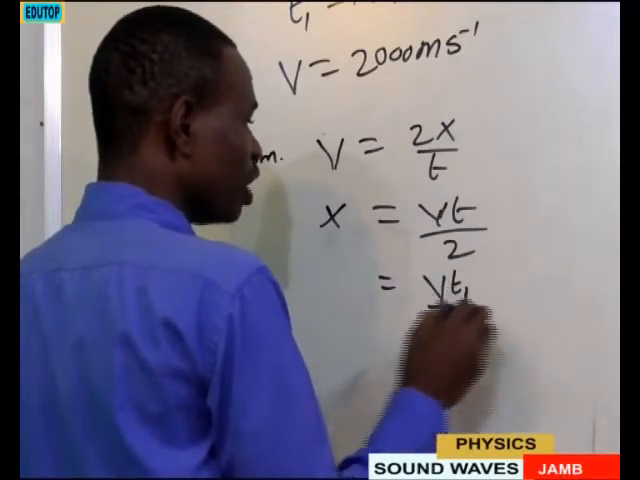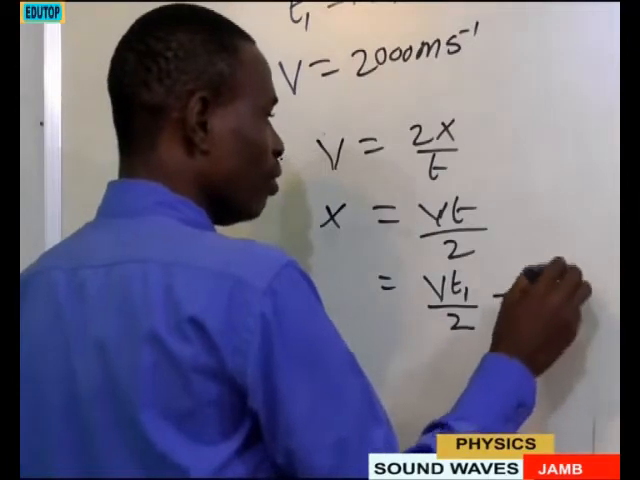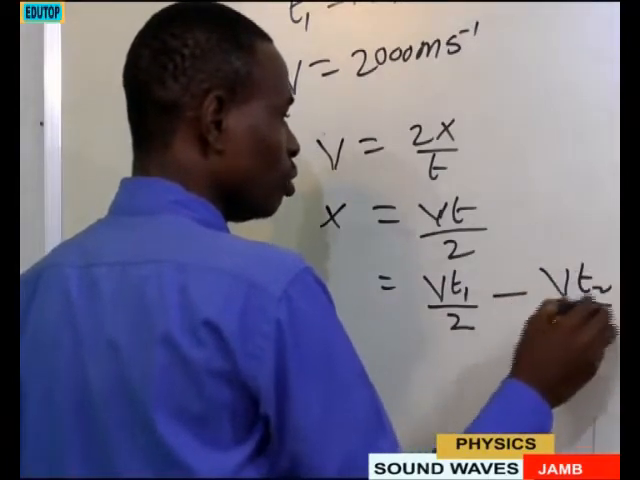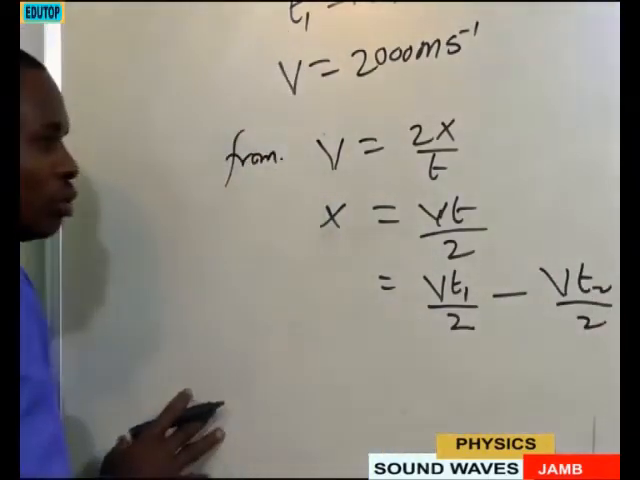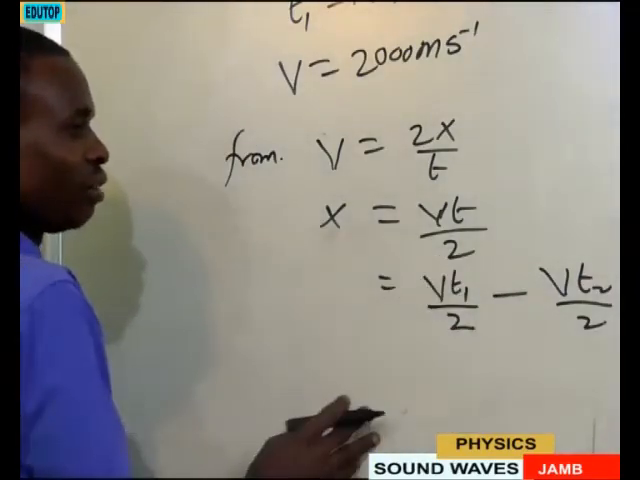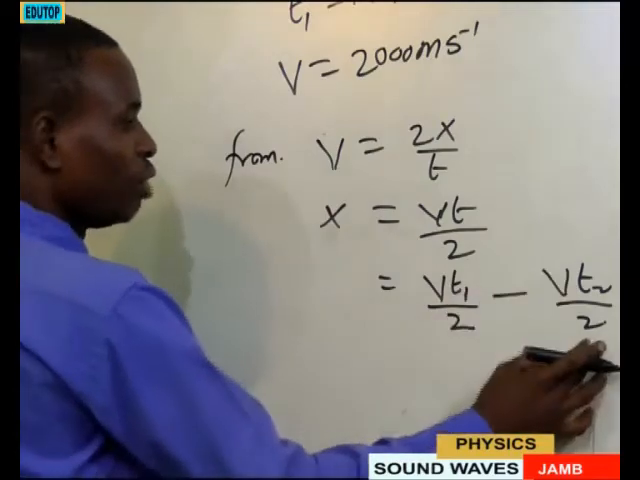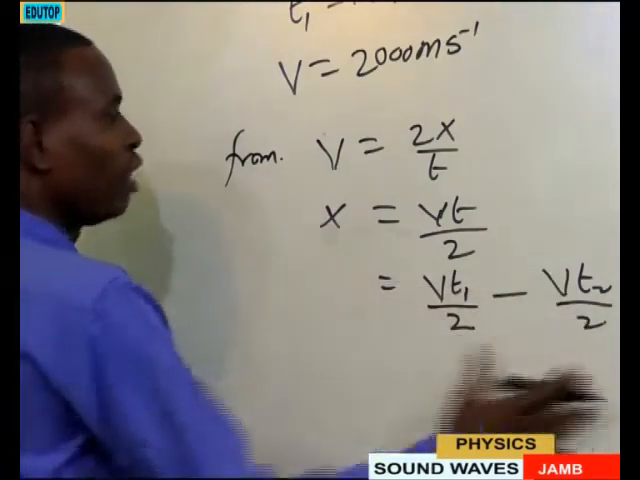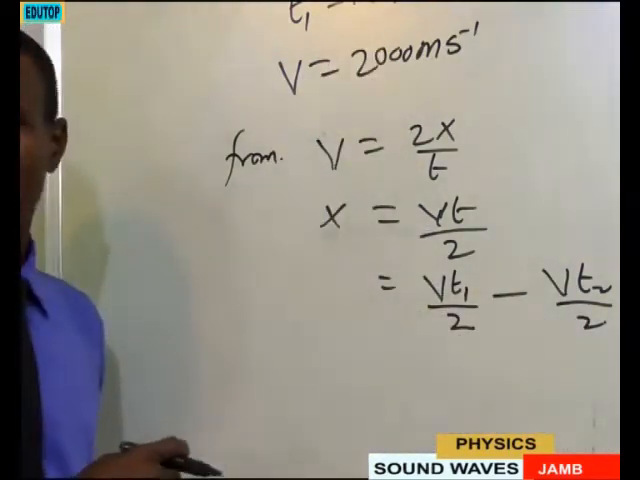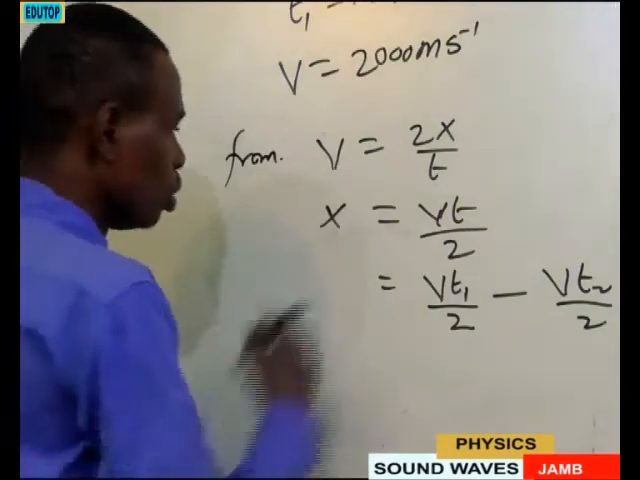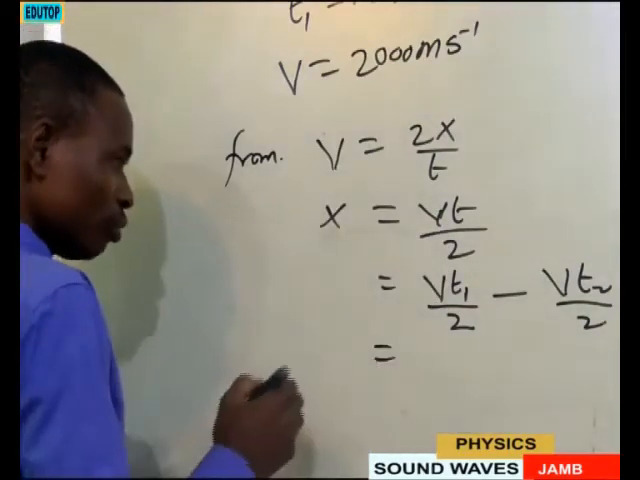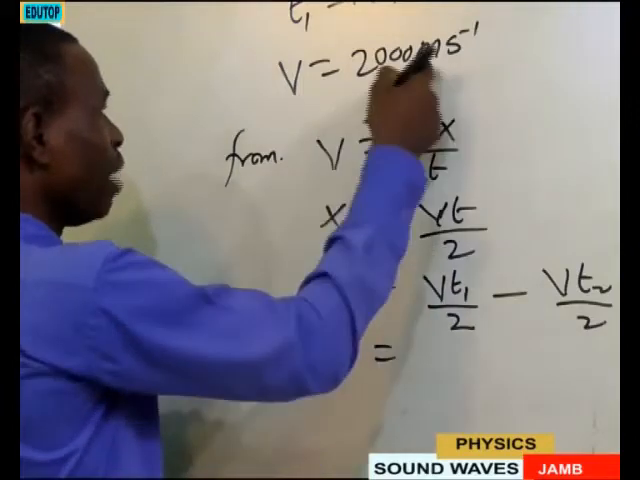And we cannot split this, so this can be equal to Vt1 divided by 2 minus Vt2 divided by 2. This is for the first layer, this is the second layer. Whatever we get from here and from here is subtracted. That will give us the distance between the two layers. So let's see. They all have the same velocity,